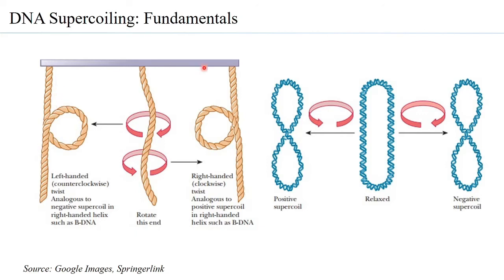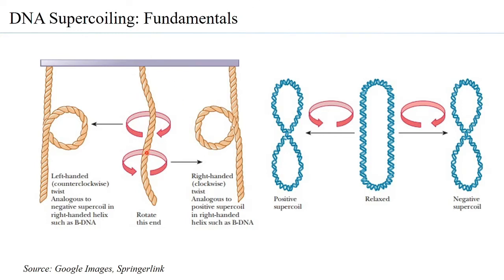Now, suppose you have a linear DNA. The linear DNA at one end is fixed to a support. So if this linear DNA is twisted towards its right, you will have a coil formed, and this coil formed is what is called as a positive supercoil because a right-handed helix is coiled further towards the right. So therefore, such a supercoil which is coiling towards the right when the double helix is already a right-handed coil, then such a supercoiling is called as positive supercoiling.